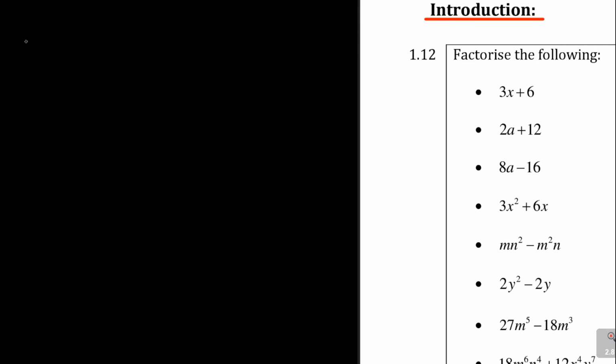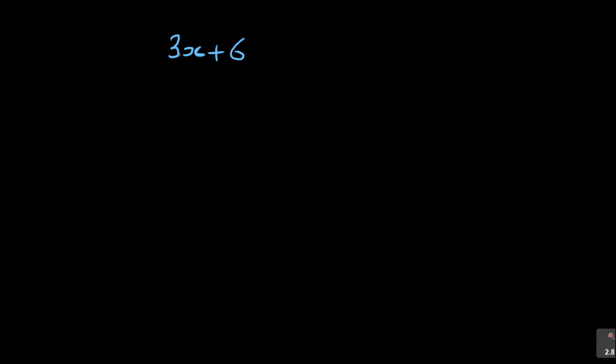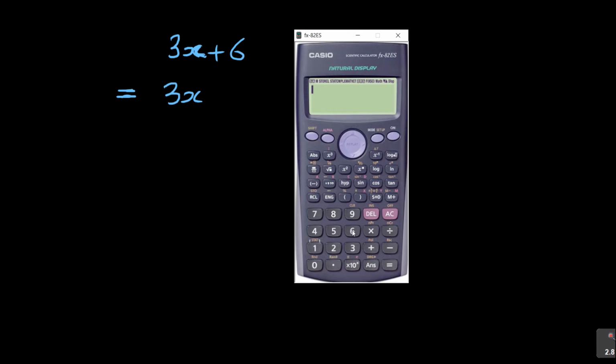It says factorize the following. And what is factorization? Let's start with the first one. We need to factorize 3x plus 6. I'm just going to take it like you haven't factorized. Of course I know you have done it at school, but I just want to lay a foundation here. 3x plus 6 is equal to, by factorization we are asking what is common. If I say 3x plus 6, this is equal to 3x. Now take a calculator, and express 6 in a different way. So 6 equal to,